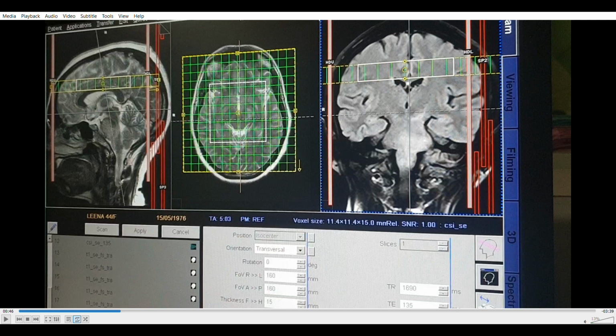You should remember that it is not acquired in a single slice. It is acquired at a volumetric level. You can see the thickness of this voxel in both the sagittal and coronal images, where the white box is again highlighted. If you do a spectroscopy in the current scenario, you will be acquiring the spectroscopy of this entire volume.